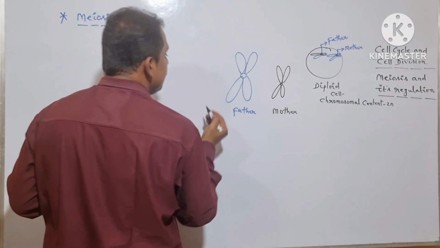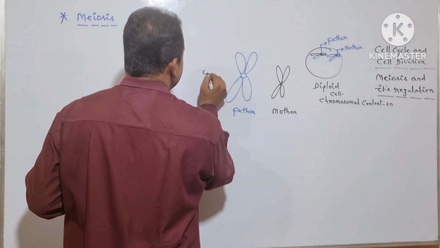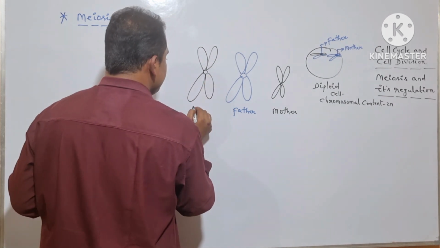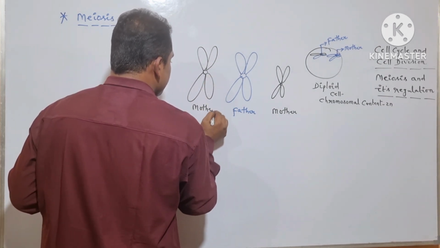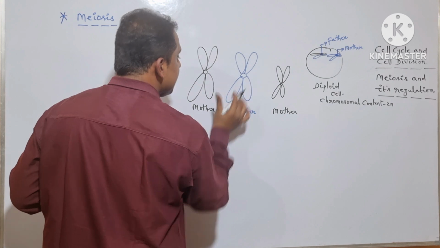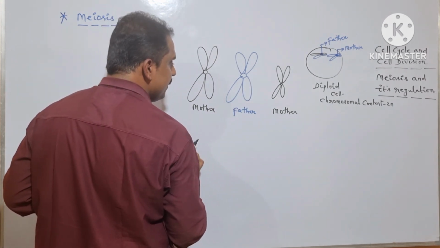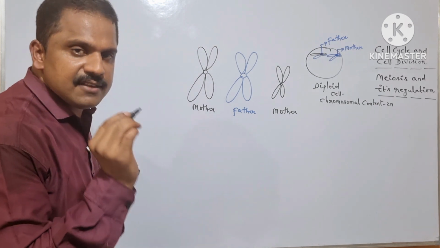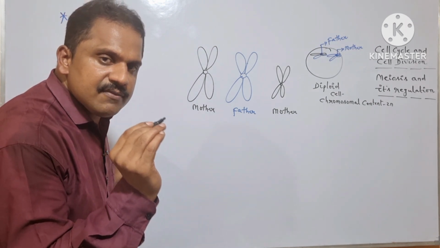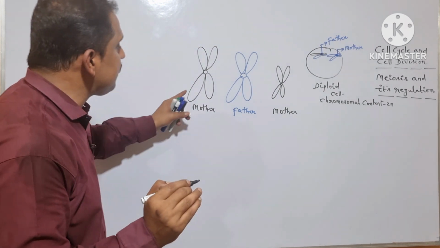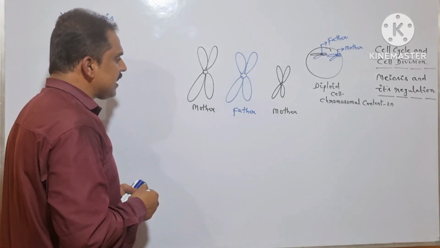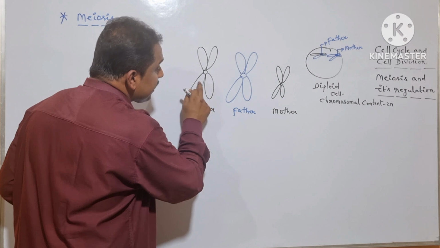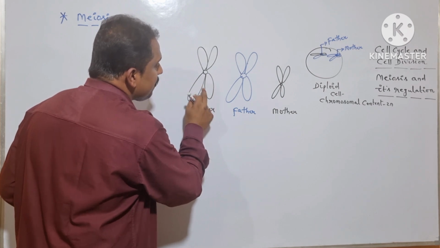So let us assume one more chromosome here. So here it is nothing but the mother chromosome, right? So both these chromosomes can be considered as homologous chromosomes because they have a similarity in size, shape and even in the length of the DNA. That is the reason why the specific chromosomes are termed as homologous chromosomes. So here these two chromatids of the concerned chromosome are termed as sister chromatids.